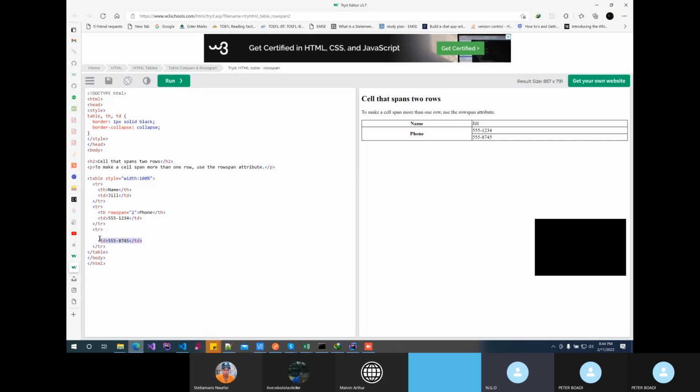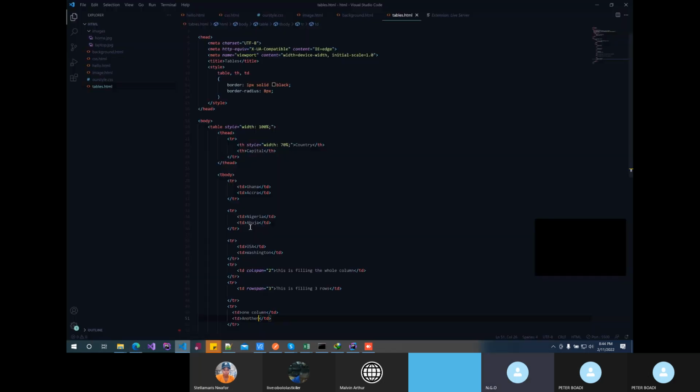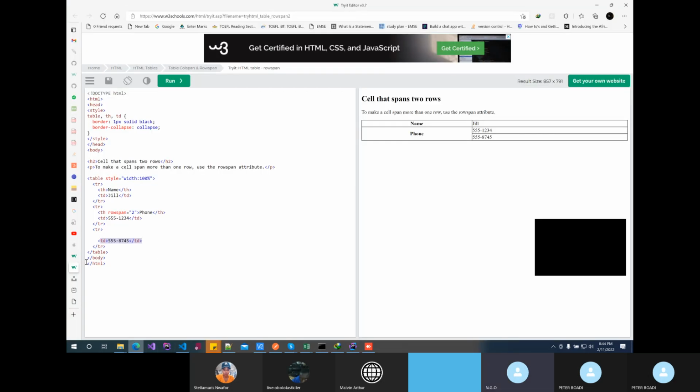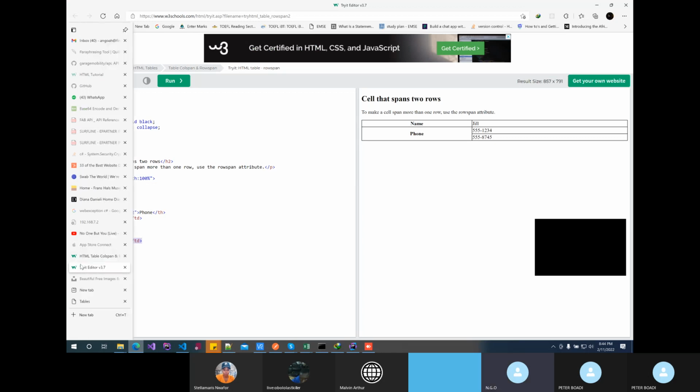That's why we only have one. So in this case, on this bit, what I have to do is I don't need to put any data there because it's going to eat into the other ones. Okay, so that is that for